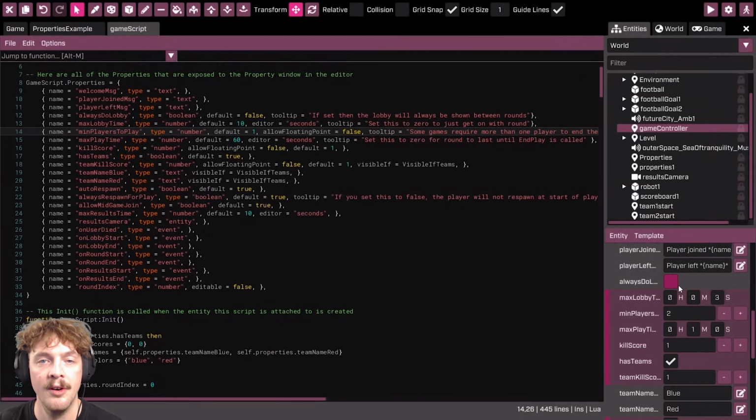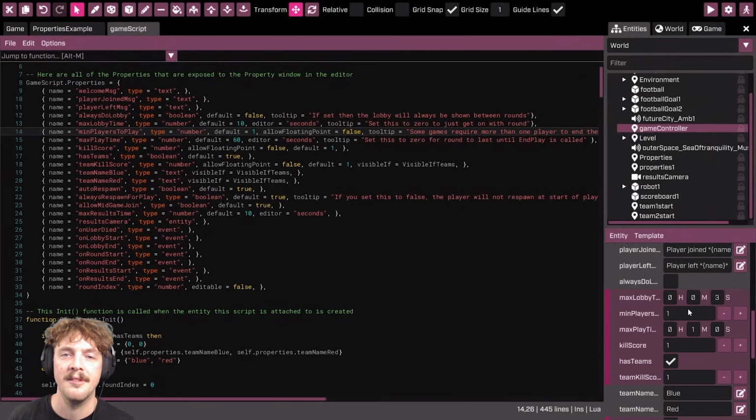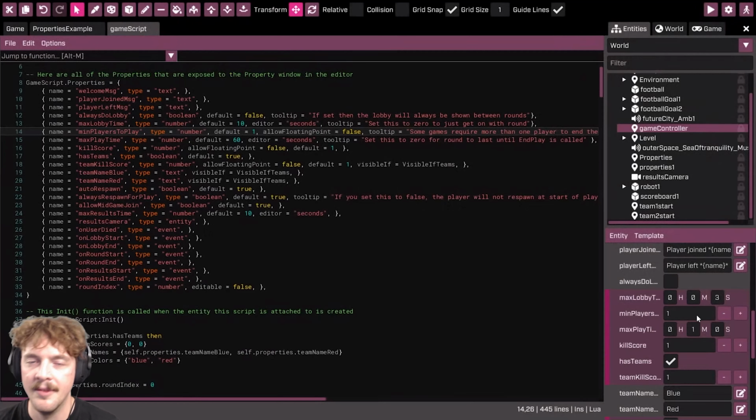That's the real power of properties: not having to touch your code to make it reusable, not having to copy and paste scripts into new script files, and writing functionality once, ideally, and then opening out a load of properties so that you can very quickly customize and tweak that depending on the situation.